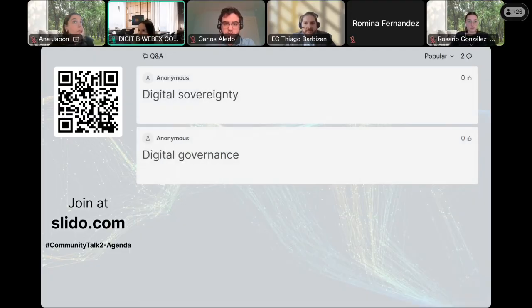Yes. I mean, here I see some replies that I guess were mainly for the previous question on the word cloud, but if any of the participants would like to explain a bit more about their suggestions for the word cloud, I think we would welcome that. I think this is kind of like a pre-exercise before the actual input to the agenda. So it's good that we're having it now and we're all invited to reflect together. So if you have any questions, you can use the Slido, you can write it in the chat, but you can also unmute yourselves.